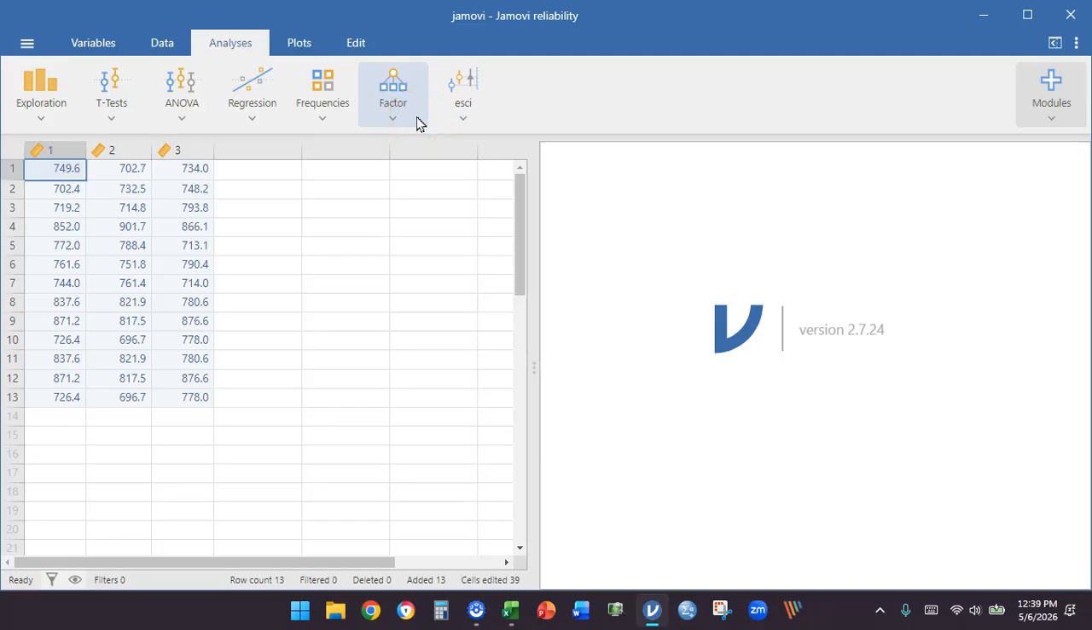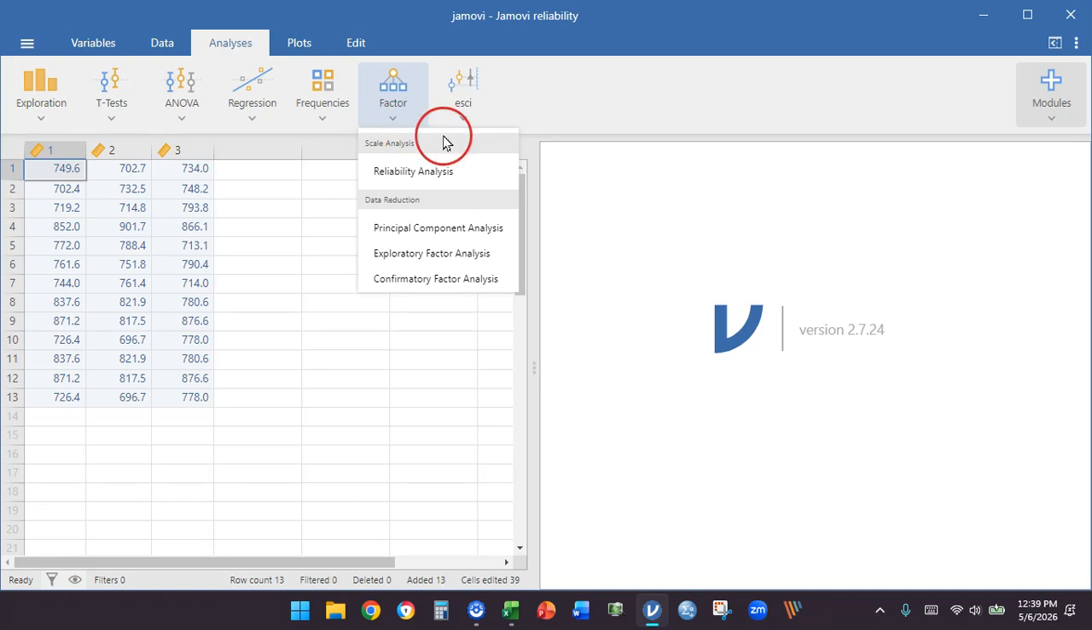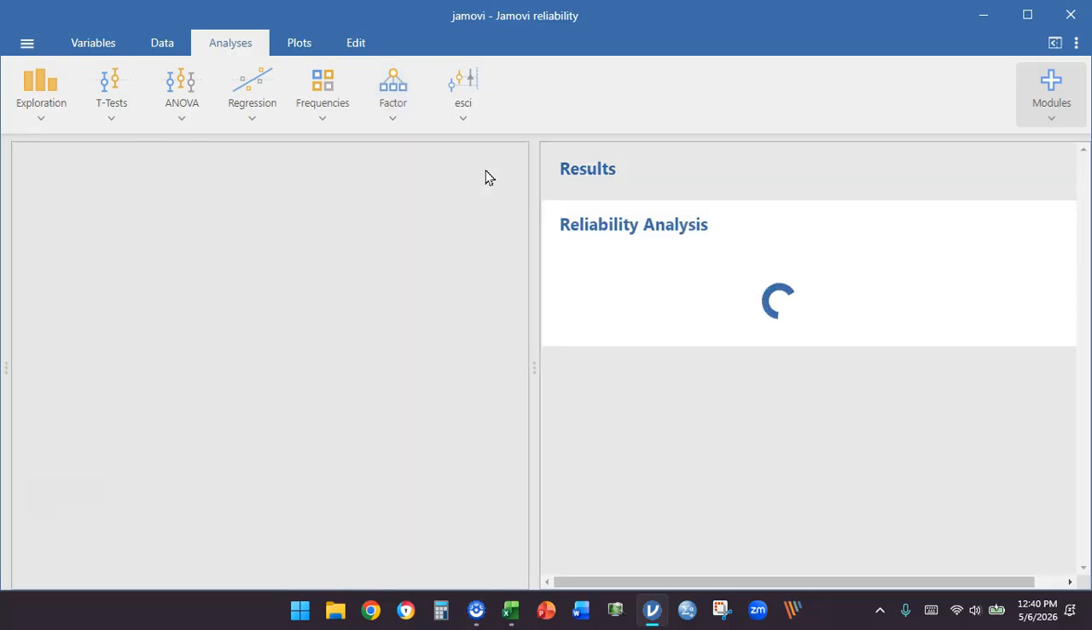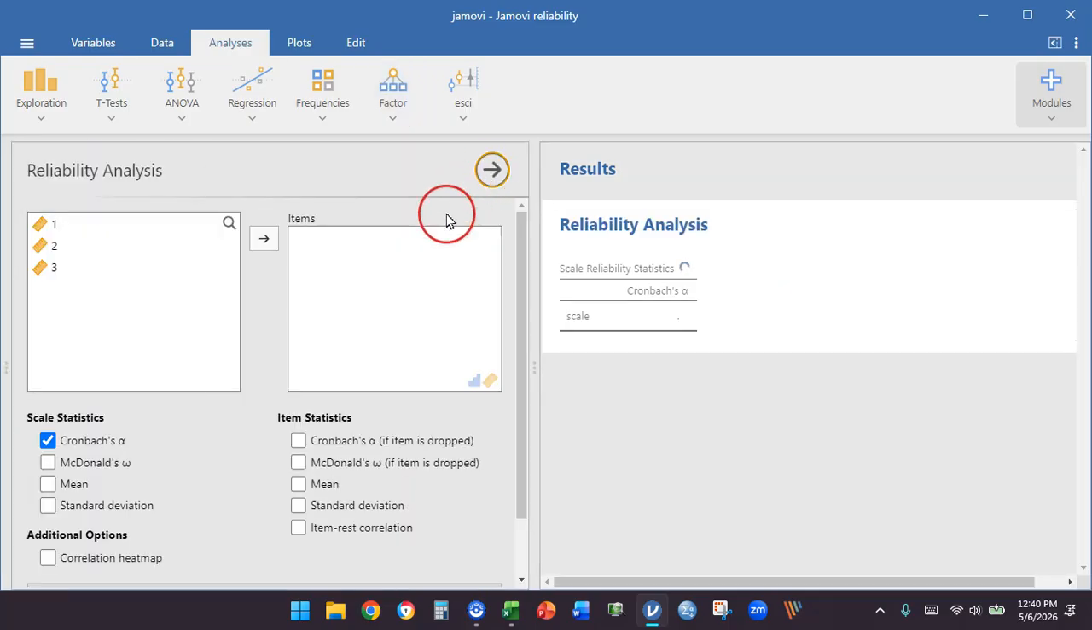Click on that, and you can see you have reliability analysis. So you click on that, and as usual, you just bring over the variables that you want from the left box to the right analysis box. And you can see here down below, after you do that, you have your choices of Cronbach's alpha, and then the alternative